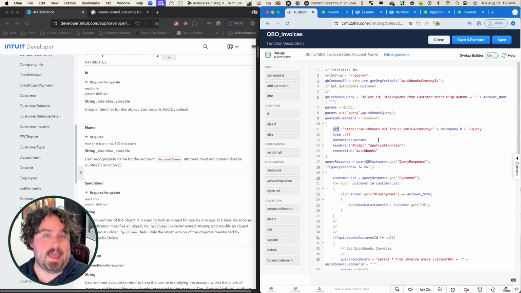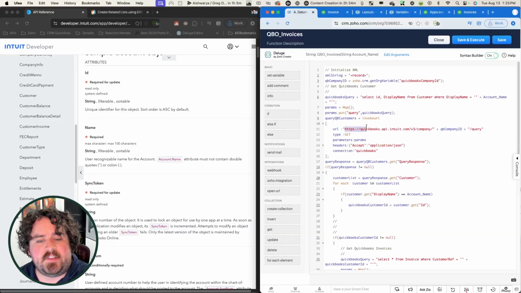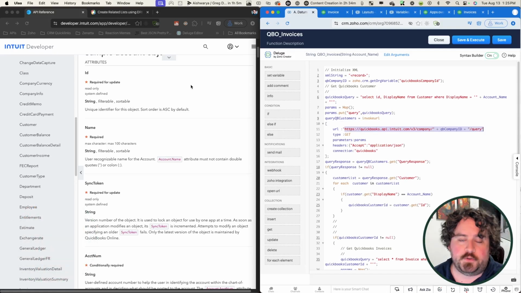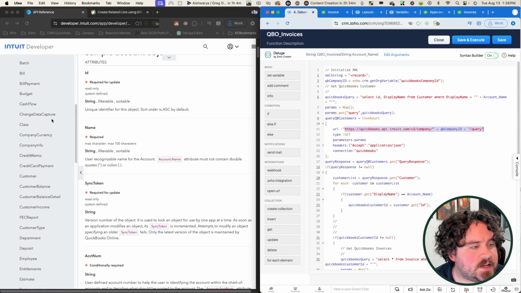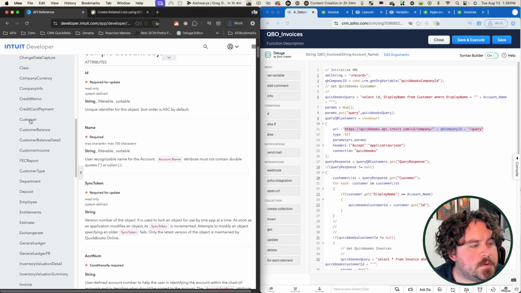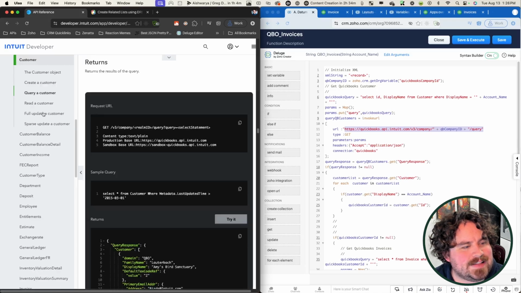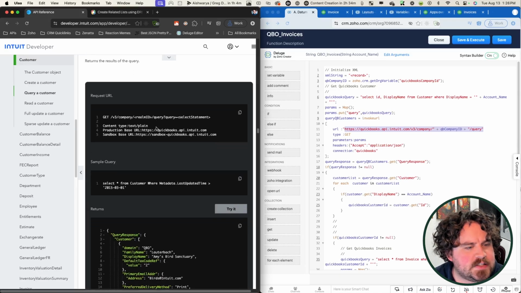First, I need the URL endpoint. This is the path that the API call takes to get to the QuickBooks database and navigate to the particular spot that it needs to go. So I have this set up to go through the query endpoint that I can find if I go back over to my QuickBooks API documentation and I come here to customer, and then under customer I can select query a customer, and I can take a look and see the example here is if I'm using a production account,